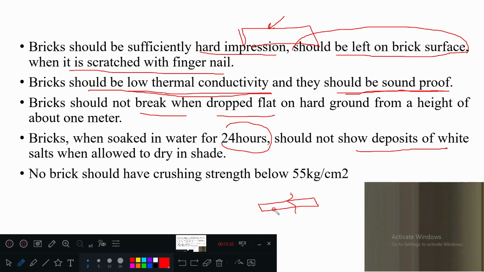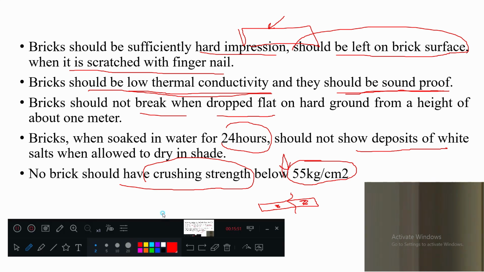Means what? After soaking in water, there should not be any white salt patches. Okay. So bricks should have a minimum crushing strength of 55 kg per centimeter square.